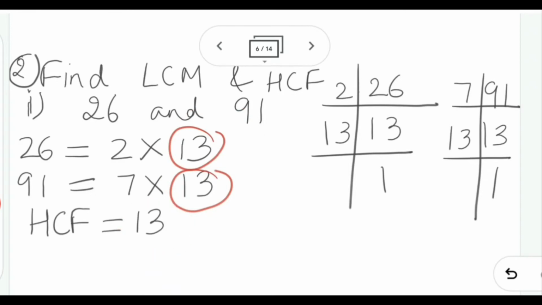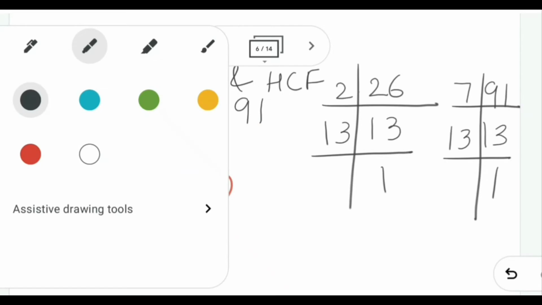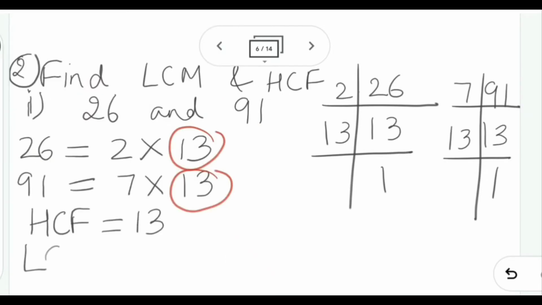And now we will find their LCM. HCF's full form is highest common factor, so we have chosen the common factors and written them. LCM means least common multiple, so here we will include all the prime numbers. How can we write the LCM? In case of finding LCM, we will write all the prime numbers including the common factor, but we will write the lowest power of common factors. So first we will write